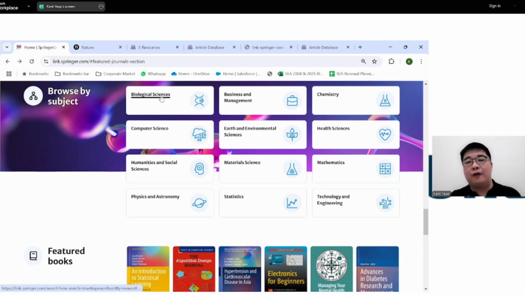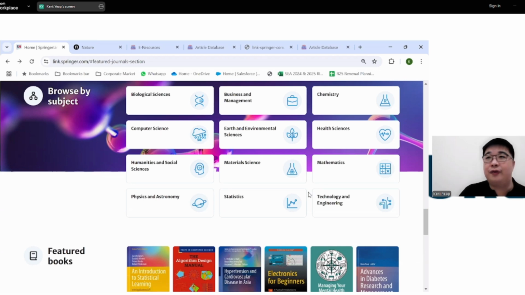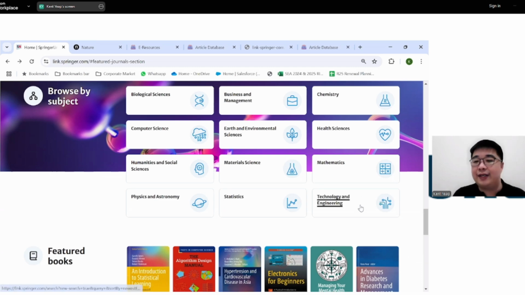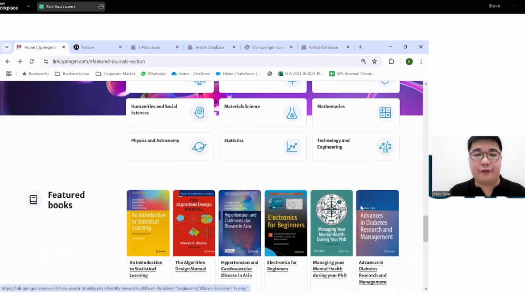But from there, you will obviously narrow down, and again, I will show you when we get to the results page after this, an example of how you can then refine further to find more specific subject matters. All right. So in the case of those of you in engineering, or you're looking at things like civil engineering, automotive engineering, you can always start here at technology and engineering, and then refine your search from there.